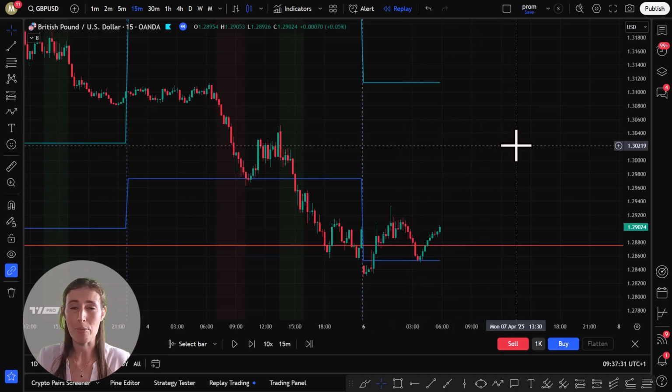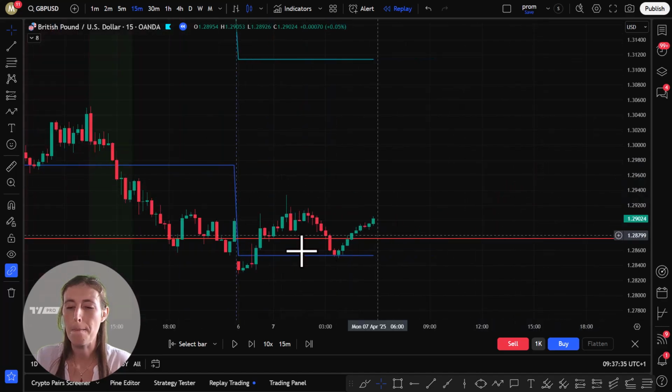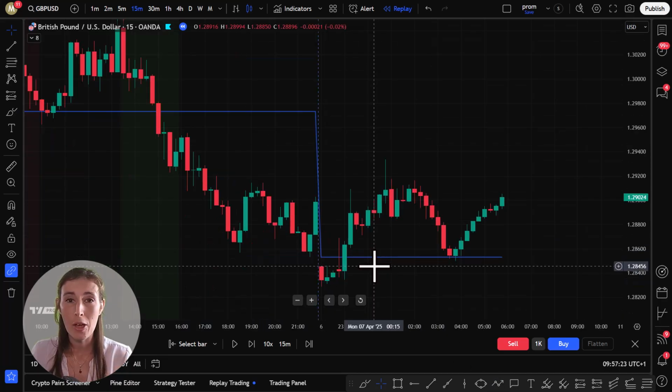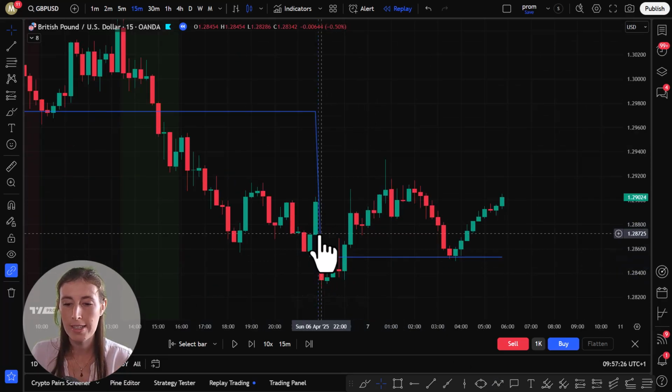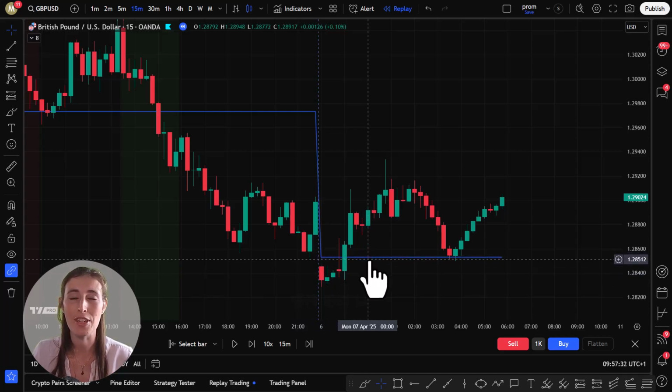So we're still on step 1, which is finding a trend, and just by adding the simple indicator Monday morning 6 a.m. GMT, you can see that price has already opened below the previous daily low. So price has opened and gapped down. We've already gotten a break below the previous daily low, which is already a very bearish indicator to the start